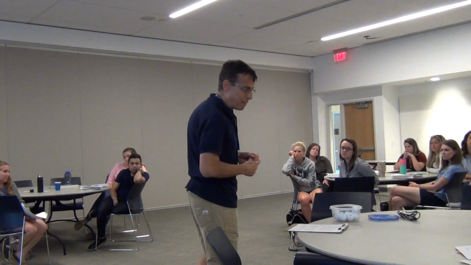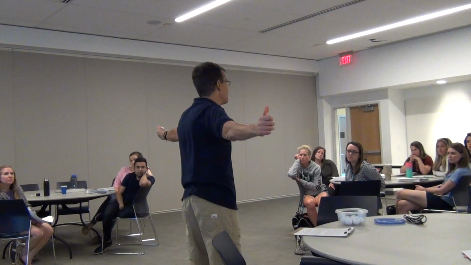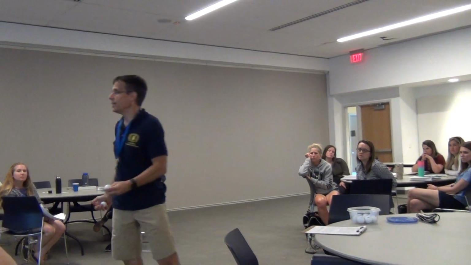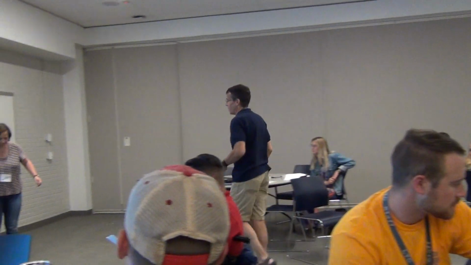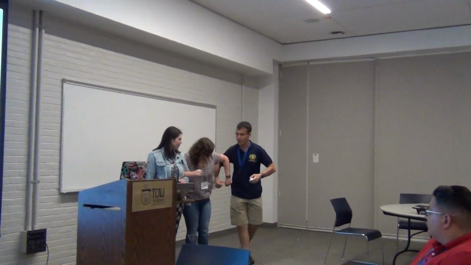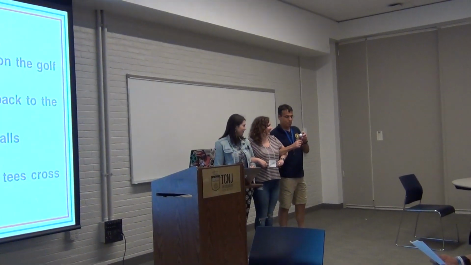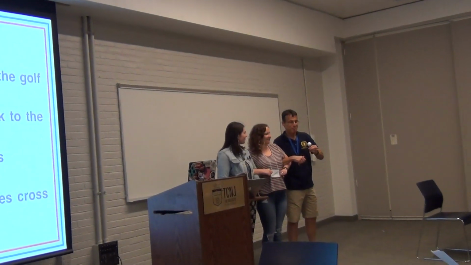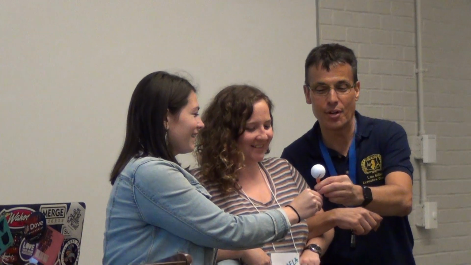The golf ball and tee must pass in front of team workers in the sequence that they're linked, okay? But not every team worker has to touch it. So for example, if there are 3 team workers, all right, let's say that I'm passing it here, there is nothing wrong with me passing it directly. Well, there is something wrong with this, but okay. There's nothing wrong with me passing it by Michaela directly to Teresa as long as it goes in front of Michaela, okay? So it doesn't have to touch every single member.